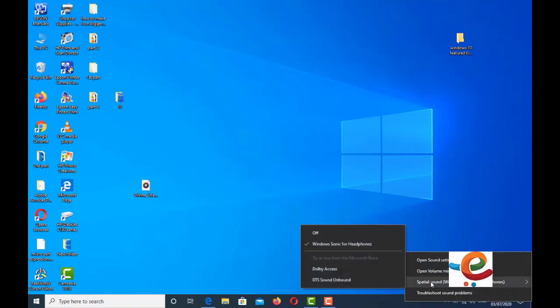Then you can see spatial sound. You can see Dolby Access also, but Dolby Access needs to be downloaded. So we can choose this one, Windows Sonic for Headphones. After, you can feel how it has changed.